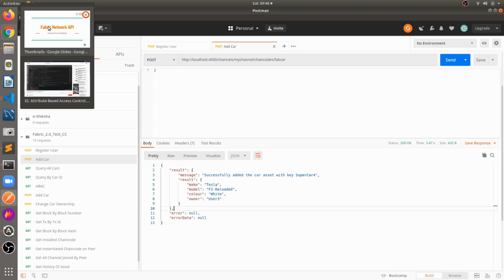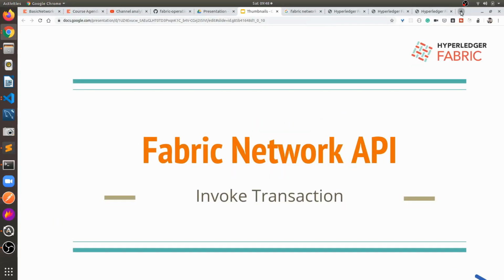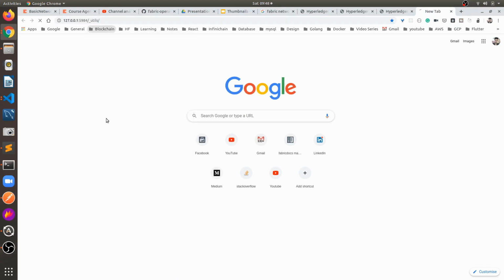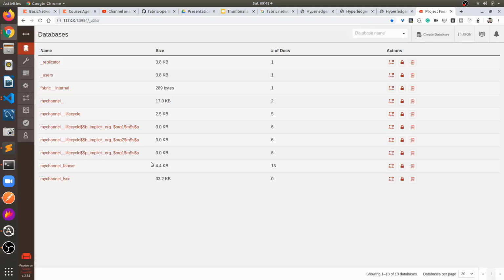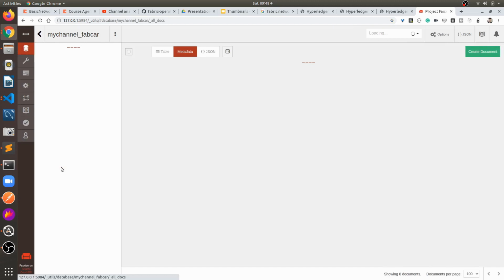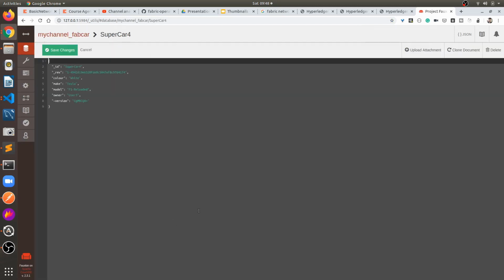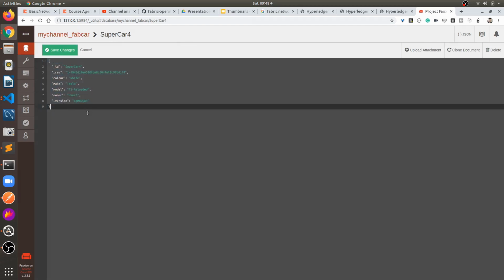And we can see inside the CouchDB as well. Here my channel underscore Fabcar, and supercar 4 we have added, and here you can see we have created it. So we invoked the transaction, added supercar 4 as the asset in the transaction and successfully added it into the blockchain.